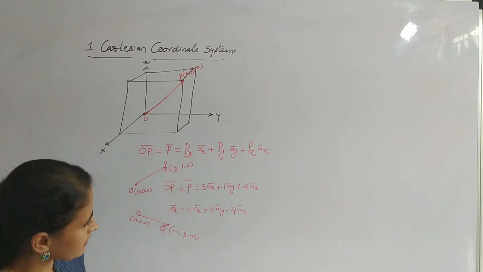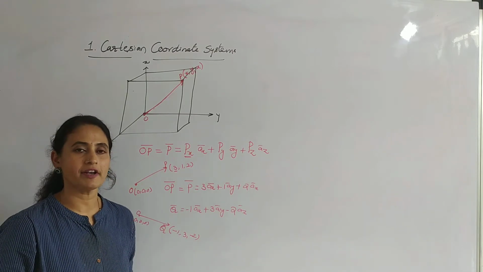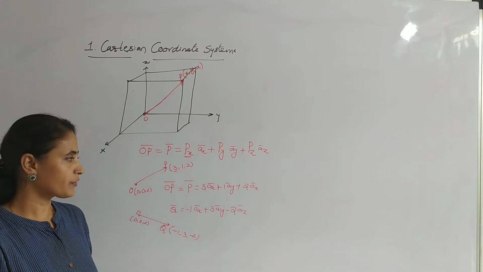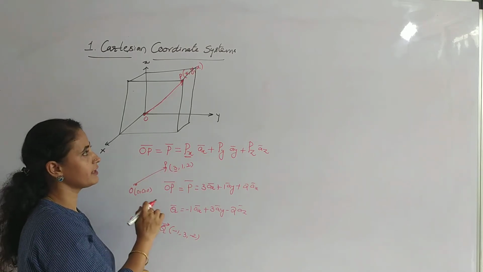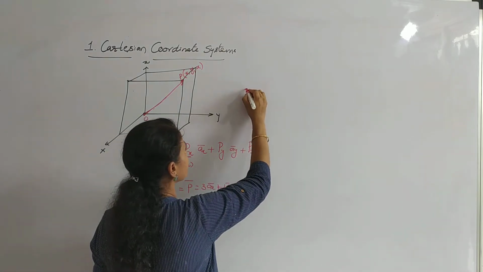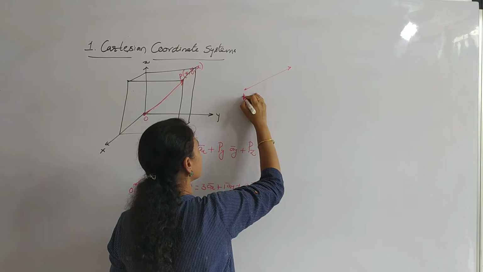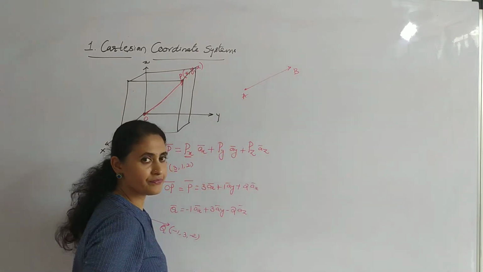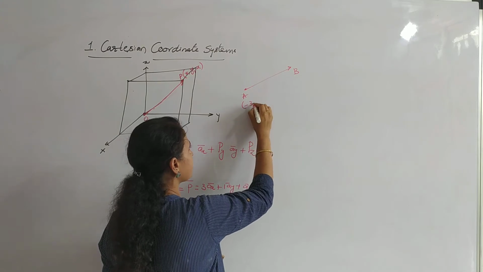So this is a vector form. In case there are two points, both other than the origin, in the position vector we wrote the point P with respect to the origin. Now we have two vectors. This is A bar and this is B. Even A is not the origin. This is like -3 to